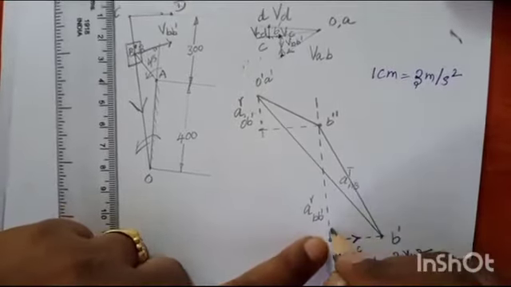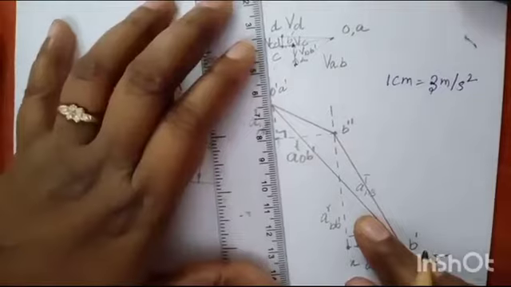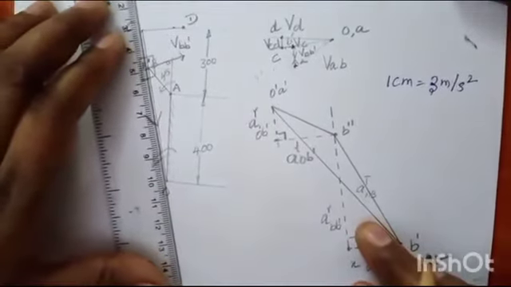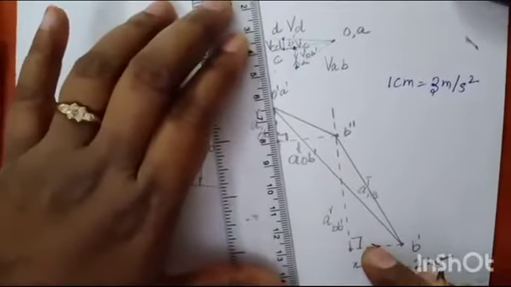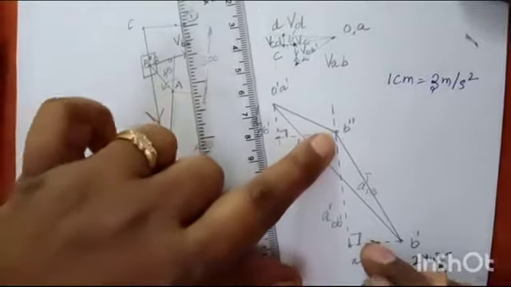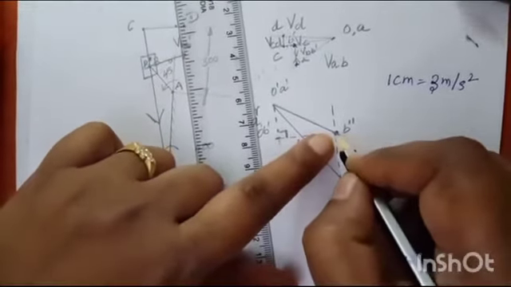Now I have a_r OB dash from the velocity diagram. So a_r OB dash I have drawn here. Now a_t OB dash is perpendicular to this. So a_r OB dash is nothing but I am taking this parallel link length and dragging it here, simply. Wherever it is meeting, that point is your B double dash point, that is the coincident point. So up to this is over.